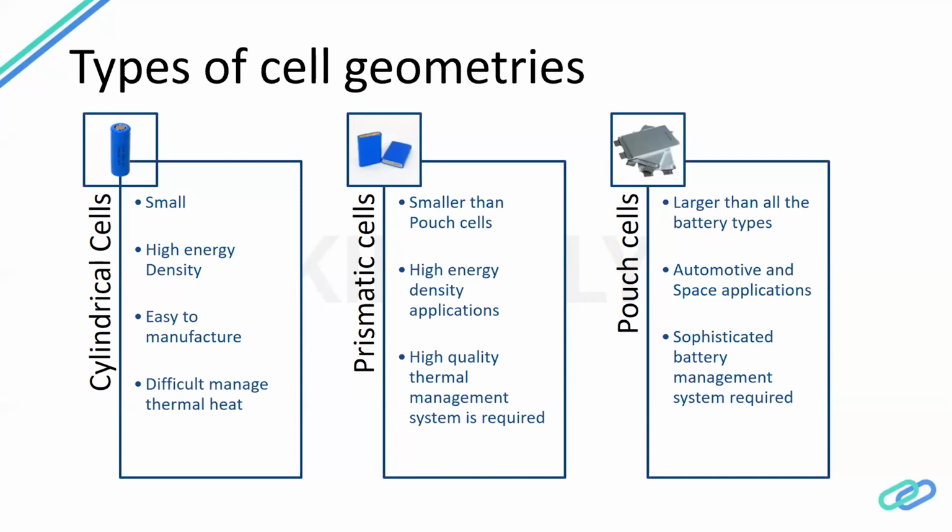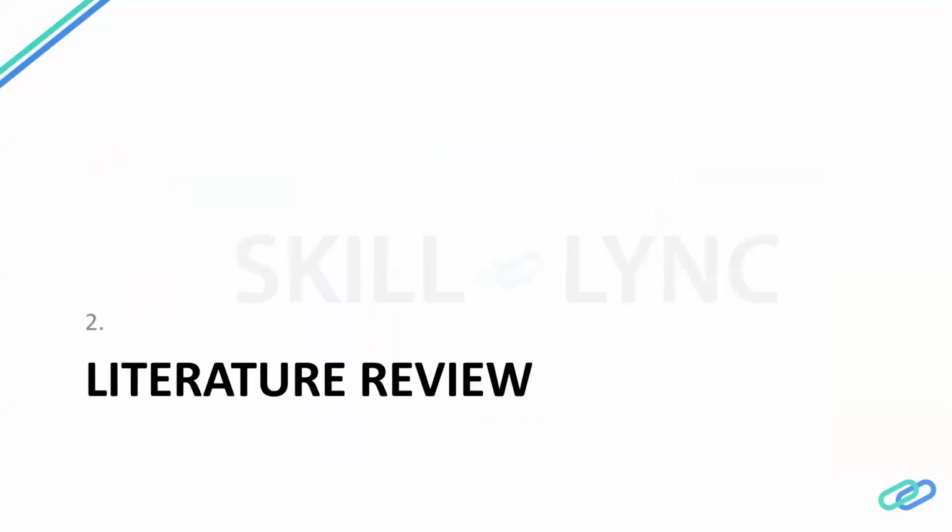But again, the disadvantage is that while they are easy to manufacture, it's very difficult to manage the heat removal from them. Heat removal depends on surface area. The number of cells you can manage is large, and you can use a very high number of cells, but at the same time, you cannot use different channels of coolant, say water, ethanol, or glycol, to remove the heat from the cylindrical cells. But the surface area is flat in pouch cells and prismatic cells, so you can use a lot of air or a lot of water to remove the heat generated, right?